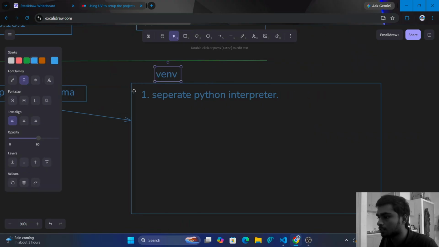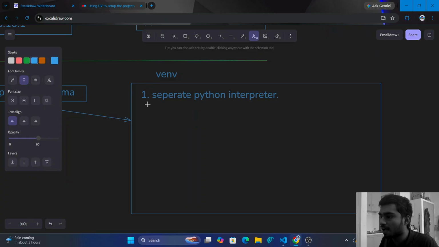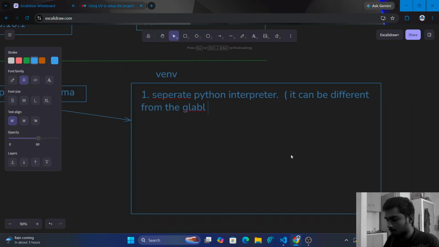It is a separate space, a separate sandbox for your project, where you will have a separate Python interpreter. Separate Python interpreter in the sense that it can be different from the global interpreter version. So when I say global interpreter,